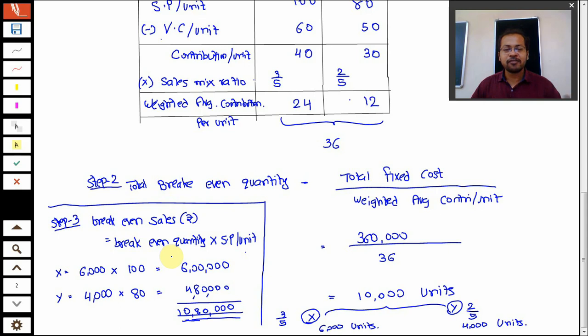For example, if I ask you to find break even quantity, so if I know that it will take more steps, then I will increase the marks. In place of 1 marks I can write 2 marks or 3 marks. Okay, so if I'm asking this question, then I will give 3 marks for that. So hopefully you have enjoyed doing practicals in this chapter.